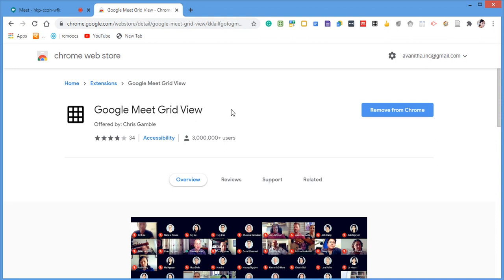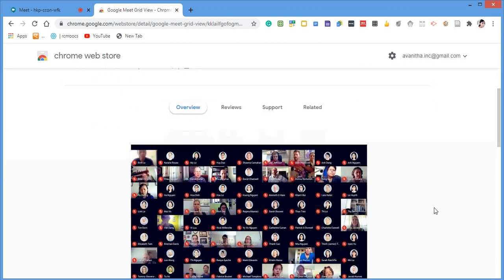Now once you want to install it, it will redirect you and the add extension button will be shown, and you can add the extension to your Google Meet. Once you add this extension, whenever you start a meeting, you can see the people who are in the Google Meet.